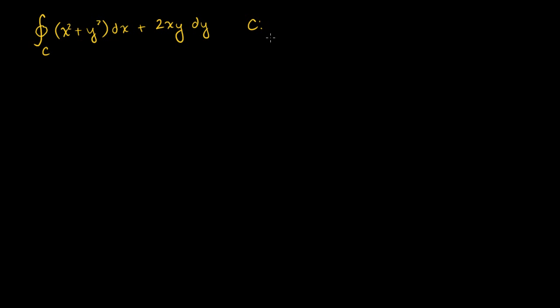And then our curve C is going to be defined by the parameterization x is equal to cosine of t, and y is equal to sine of t. And this is valid for t between 0 and 2 pi. So this is essentially a circle, a unit circle in the xy plane. And we know how to solve these. But let's see if we can use some of our discoveries in the last couple of videos to maybe simplify